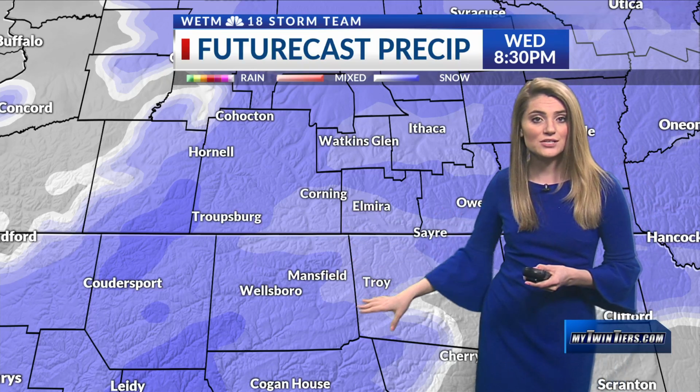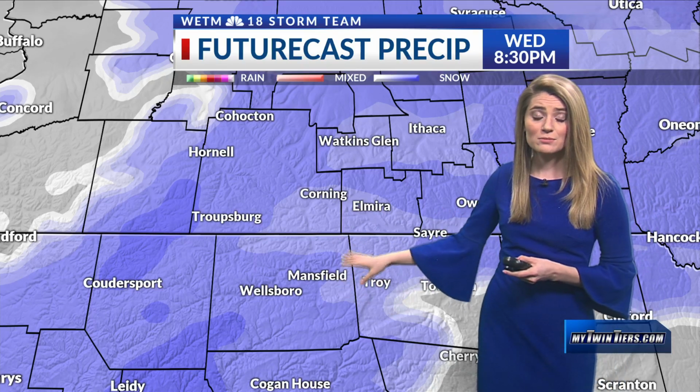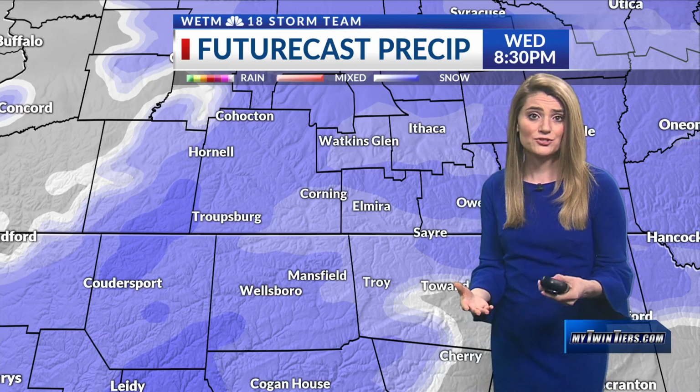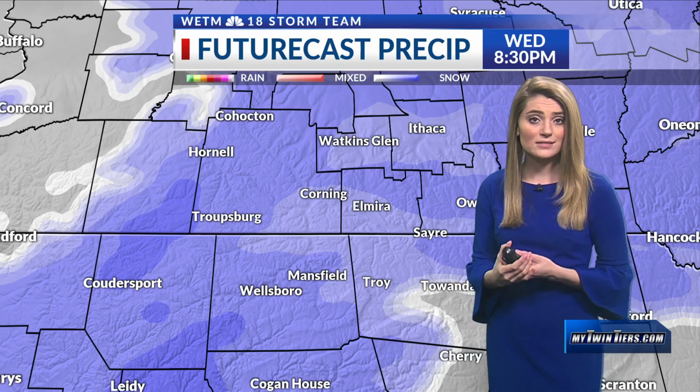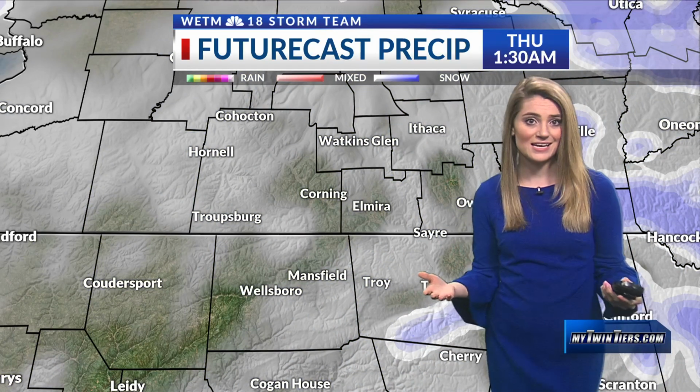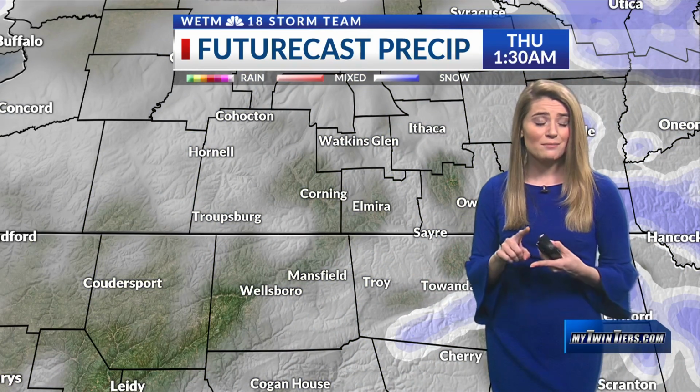So this is the next round of snow that we're going to be dealing with, possibly dealing with light to heavy snow showers at times. Again, keep in mind, this could really impact your evening commute if you have any overnight plans. You might just want to reschedule. Just maybe stay inside. Today's a great day to stay indoors, as we're going to be dealing with possible snow-covered